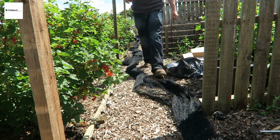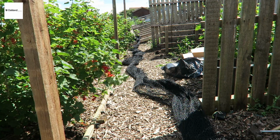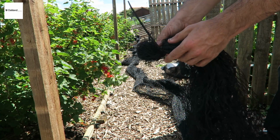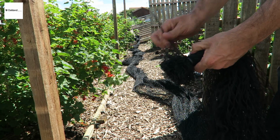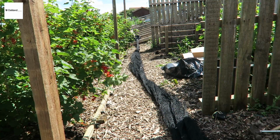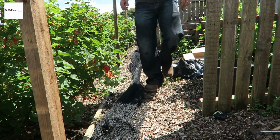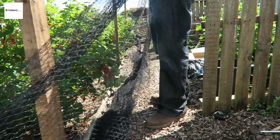Now when it comes in the bag from Oakland Gardens, it's going to be tied at one end, and this is where they've cut it from the roll, and it's cable tied, so you will need to cut that before we go any further. But I'm just going to make sure I've got enough each end. So all we've got to do now is get one end of it, and we will start feeding this up